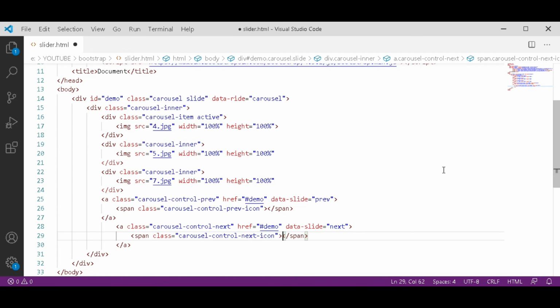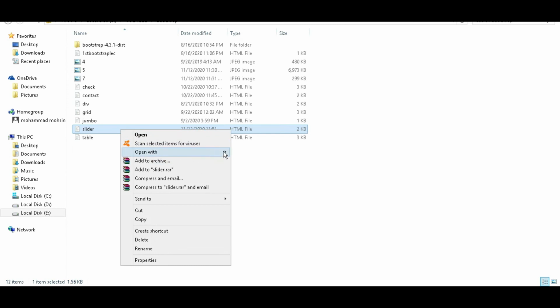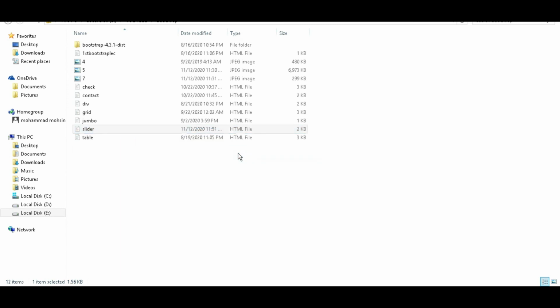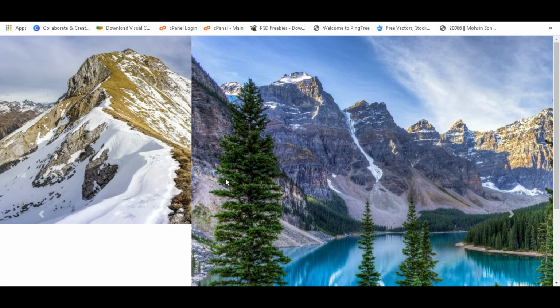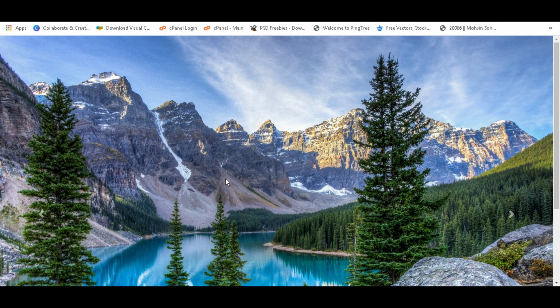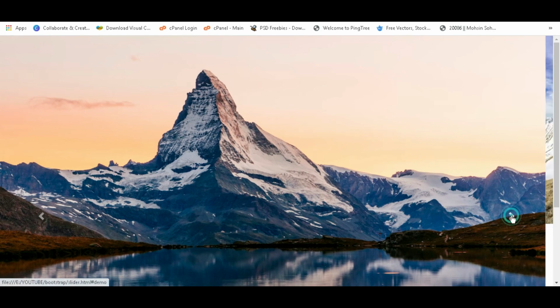Control S and save this file. Go to that folder where you saved that file and open it in Chrome. Now you can see images are sliding automatically, and you can also change them from there.